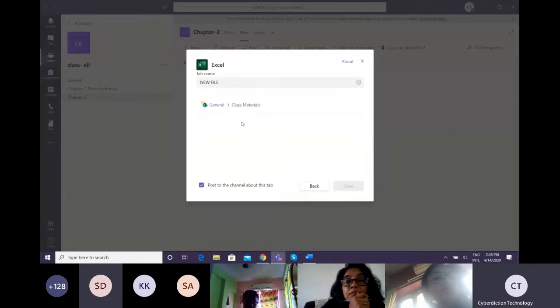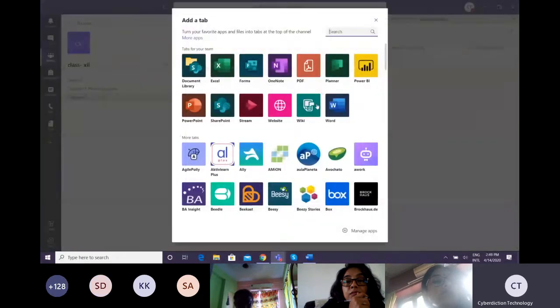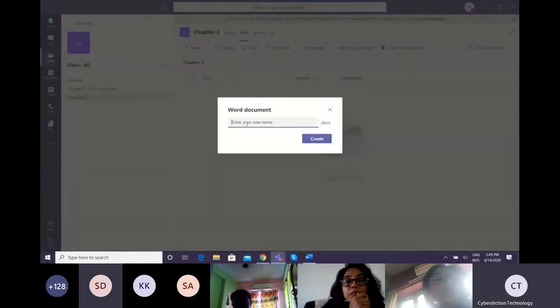So this is locked actually. If you see here, it is locked. So similarly, you can add any of the apps, fine, and then you can place it as a tab. So it will work as a tab also. So you can drag your files and folders even here so that it will reflect. So let's say the Word document.